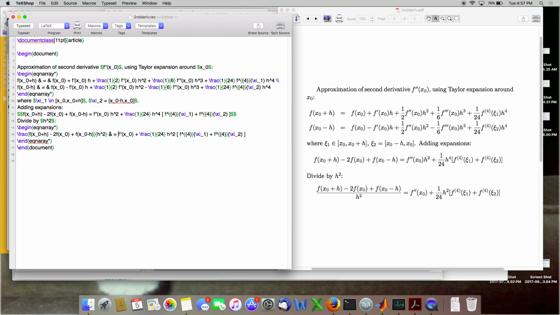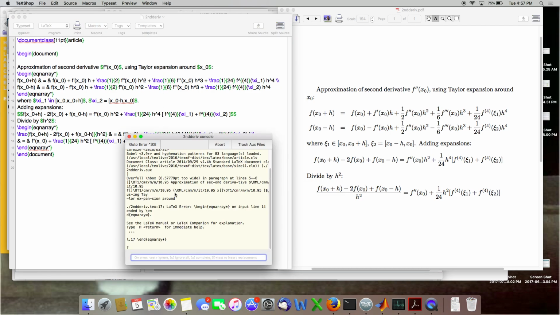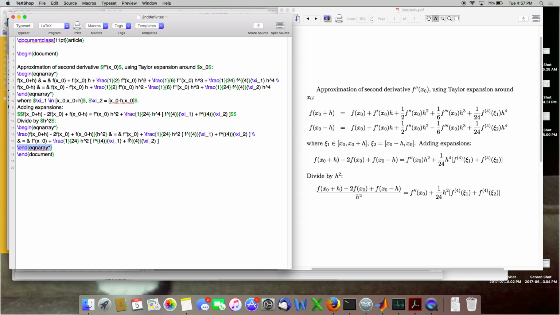So now I have that. What I want to do is keep messing with this right side. I want to leave the left side alone. So on the left side of this, I'm not going to have anything. I'll have my modified right side over here. Whoops, I made a mistake. Oh, I mistyped equation array in the end here.